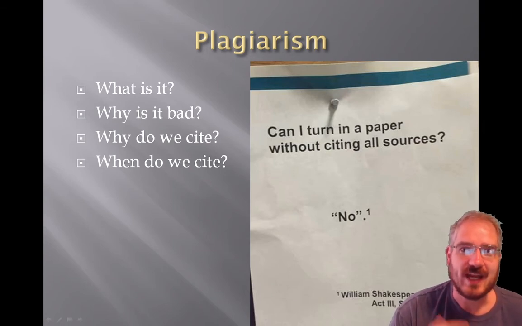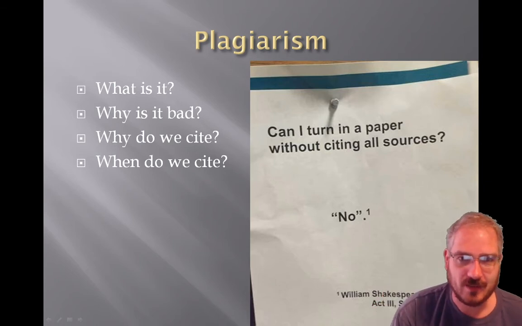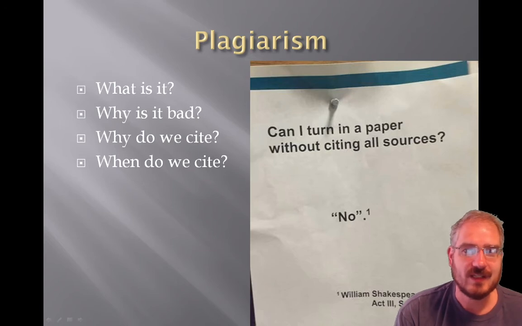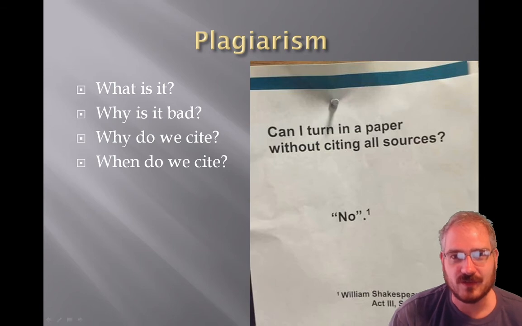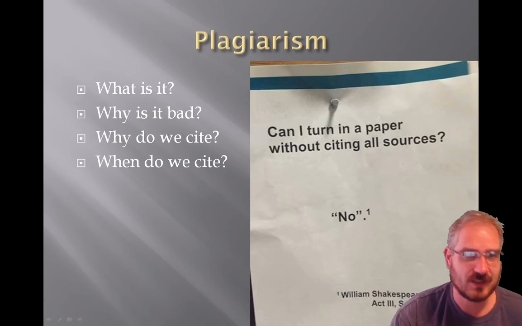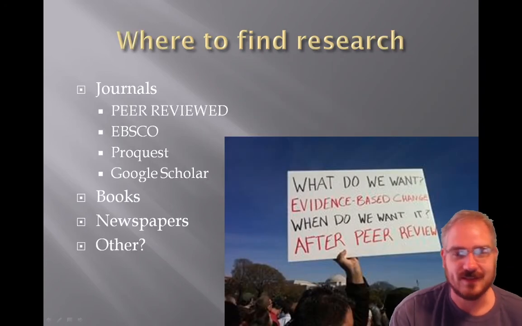So when do we cite? We cite any time that we're using somebody else's idea or information. Okay, we have to. If it's common knowledge, you don't need to cite it. But if it's something you got from somebody else, then you need to put some kind of citation in there to say, this is where I got this information. This isn't from my own mind. It's not my own personal experience. It's not common knowledge. It's something that I got from somewhere else. Okay? Now, where are those places?